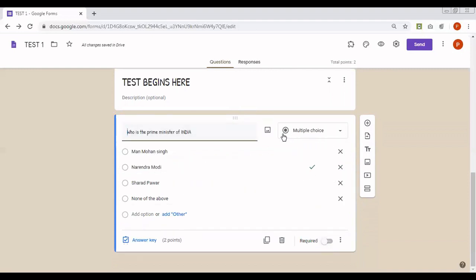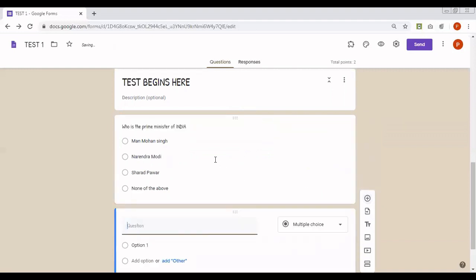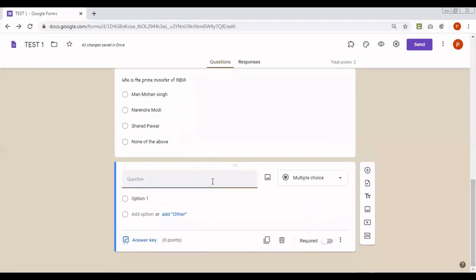Let's see how I can add a few other types of questions. The next type of question that will be included will tell you more about how to add images as an option to your question. Sometimes you can arrive at a situation where the question might have options in image format. For this, let us see how to add images. The question is, so this is the question: which of the following is the flag of India?